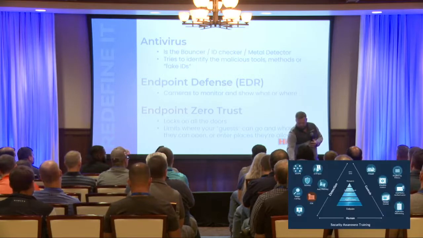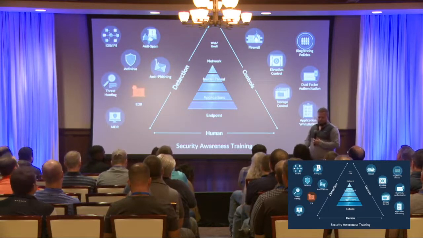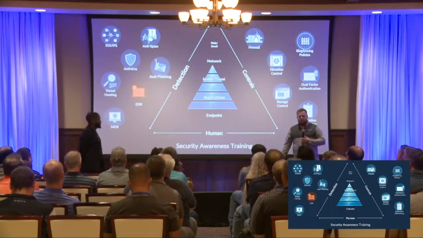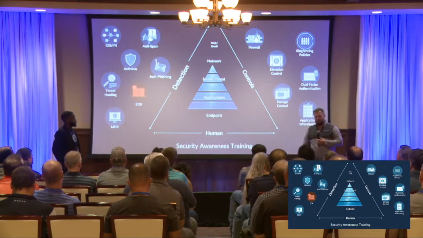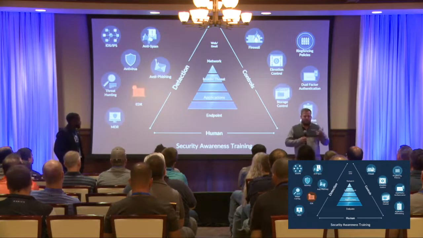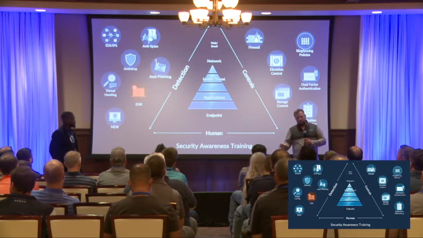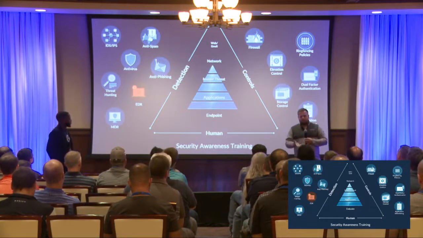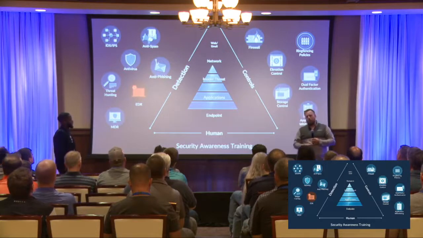So what I wanted to do, and I kind of wanted to bring Colin up here because this is one of ThreatLocker's actual graphics, is show that there are 3 elements to controlling and securing your environment. There's the detection side, which would be EDR, AV, your anti-phishing, etc. Then you've got your elevation control, your actual controls of the environment, which is that endpoint zero trust we've been talking about. And then at the bottom, we've got your security awareness training, which, as John was discussing, is your human element, making sure your users are aware of what risks are out there.